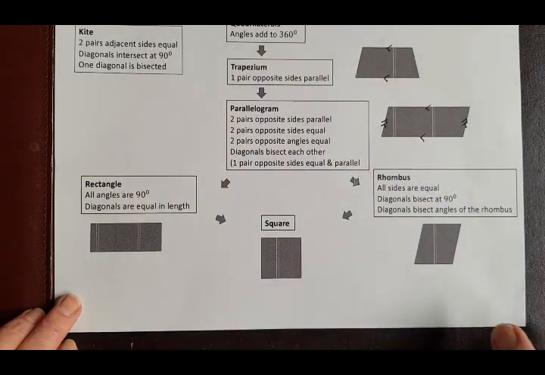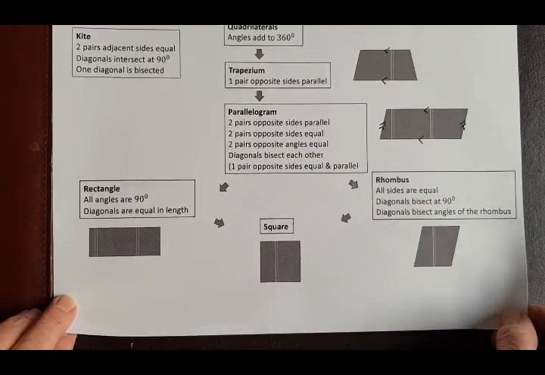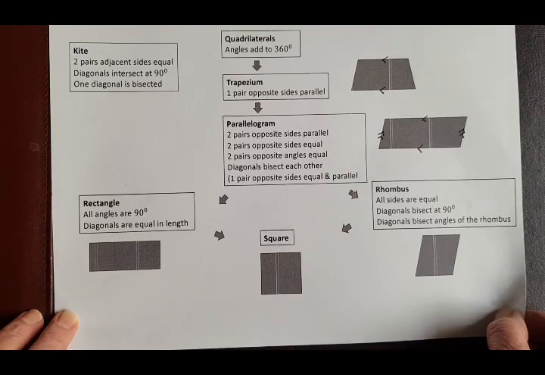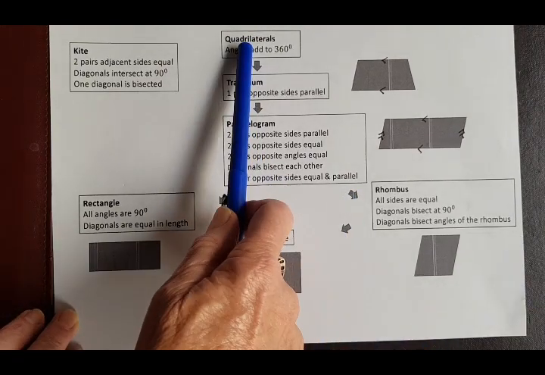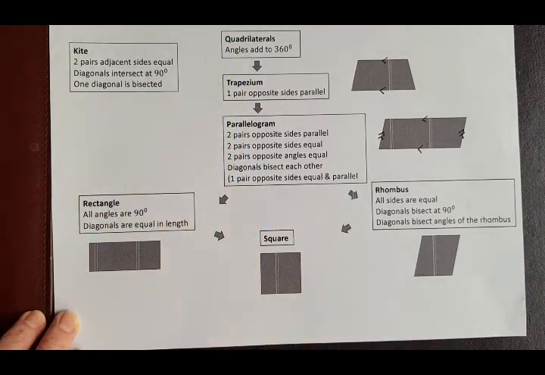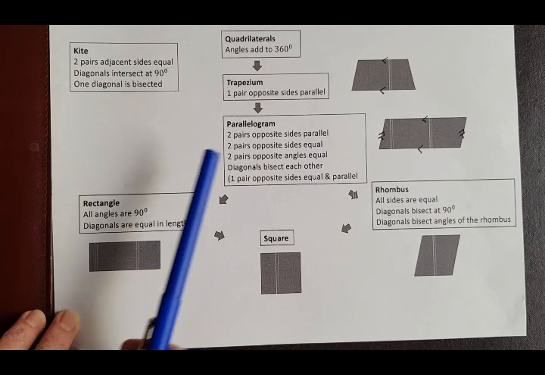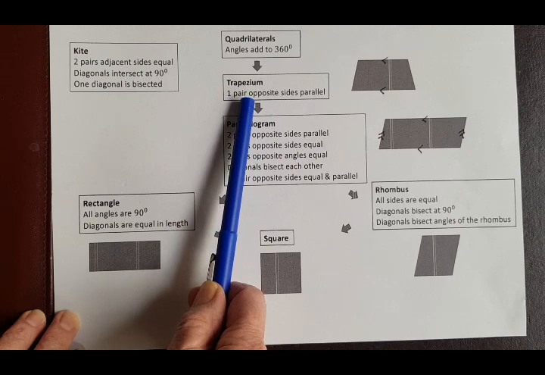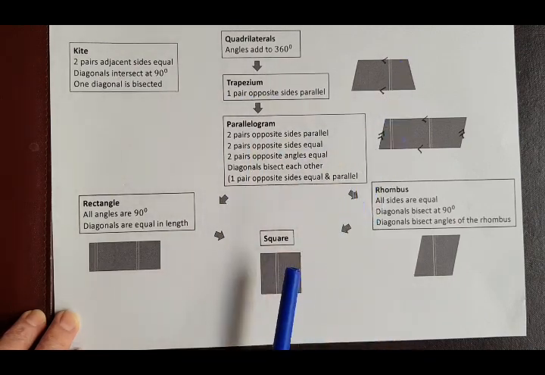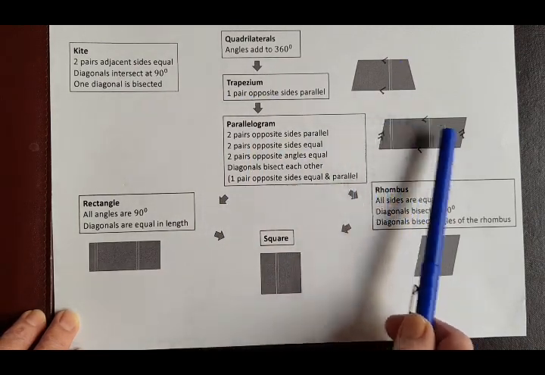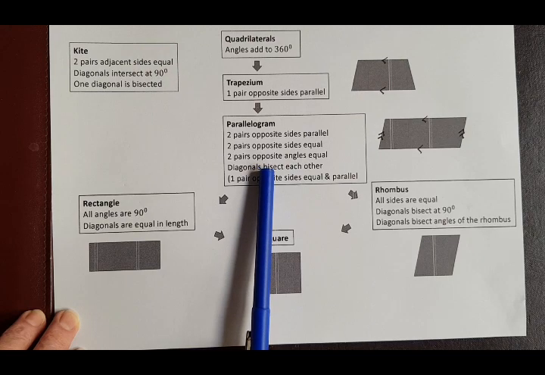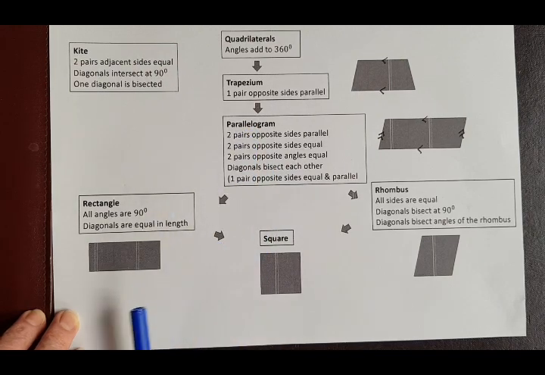The other work that you need to know from Grade 10 is when you're dealing with quadrilaterals, four-sided figures, all your angles total 360 degrees. Start making your quadrilateral a bit special. One pair of opposite sides parallel gives you a trapezium. Two pairs of opposite sides parallel gives you a parallelogram, and then you are expected to know all the properties of